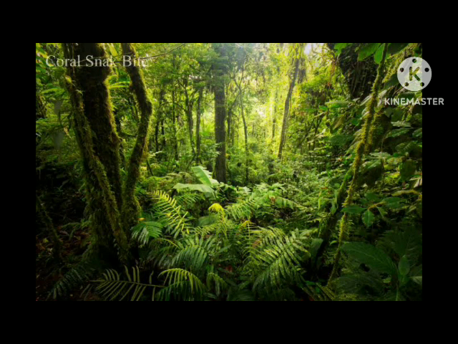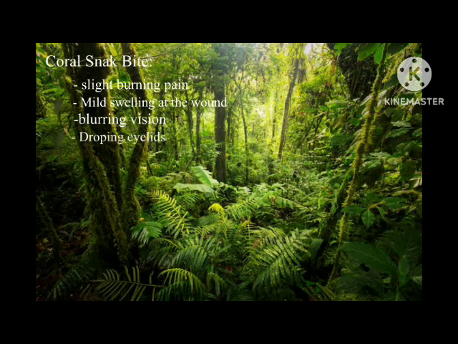Coral snake bite manifestation is not painful, but you feel as if burned. Mild local swelling at the wound. Blurring vision. Dropping eyelids. Slurring speech.